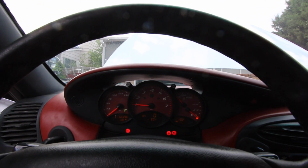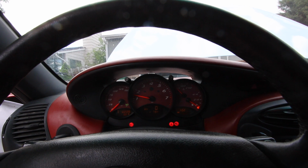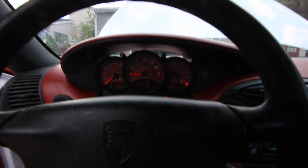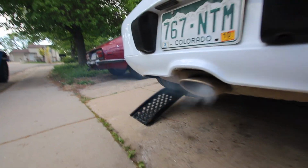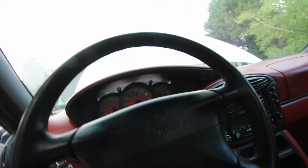I think it's missing. It probably needs spark plugs. I mean, it wouldn't be a bad idea to do spark plugs. It could also be the injectors. But that's awesome. I mean, it's running. A bunch of smoke coming out of it. Alright, I think I'm gonna put it down and then I'll start it back up and then I'll take it